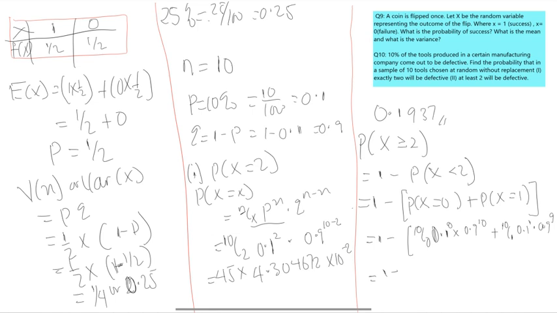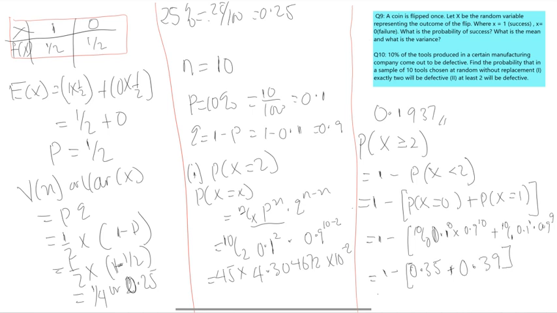So 10 combination 0, which is 1, times 0.1 raised to power 0, which is also 1, times 0.9 raised to power 10. That's going to give us 0.35, so that is not too bulky. Then we have 10 combination 1, which is 10 times 0.1 times 0.9 raised to power of 9, and this gave us